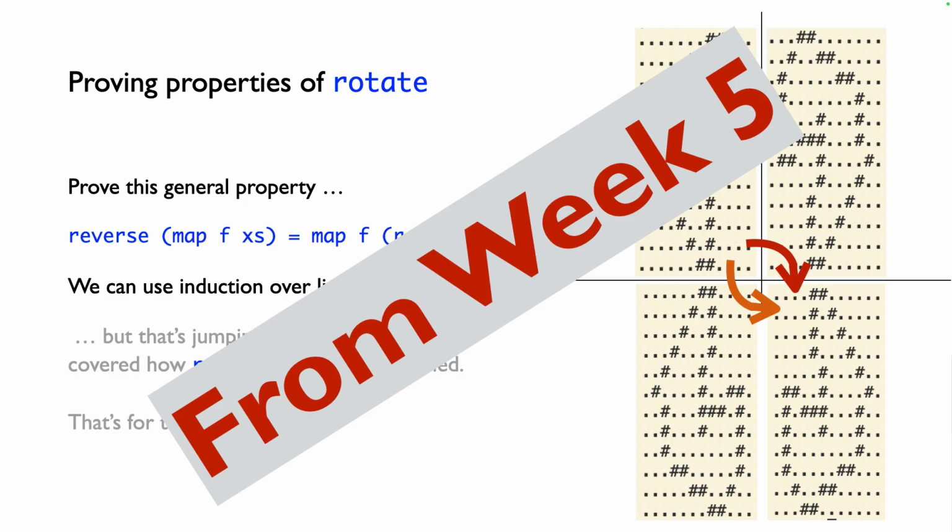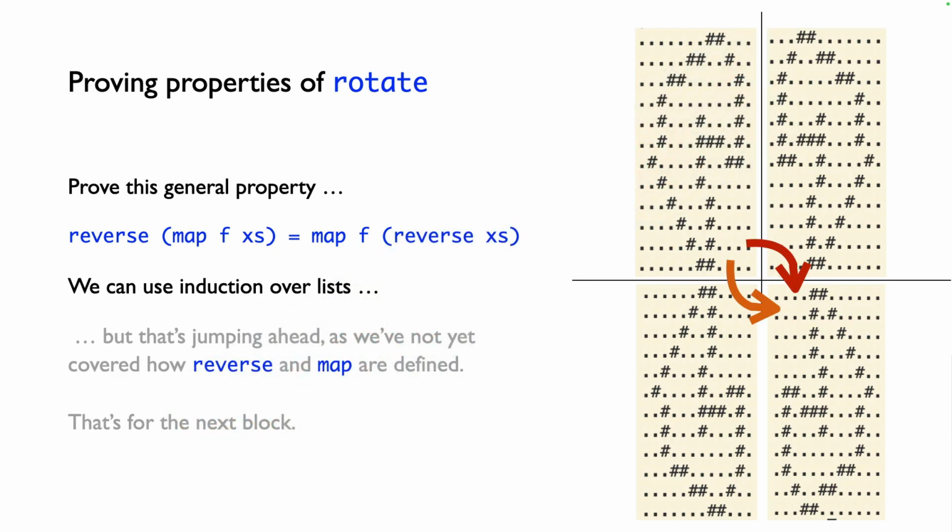In this final block, we're going to talk about proof, showing properties of programs by doing mathematical style proof that they have these properties rather than testing or property-based testing or whatever. This gives us complete certainty of the behavior of programs over all their inputs potentially. If you remember, we foregrounded this in week 5 when we talked about the two ways that we might rotate